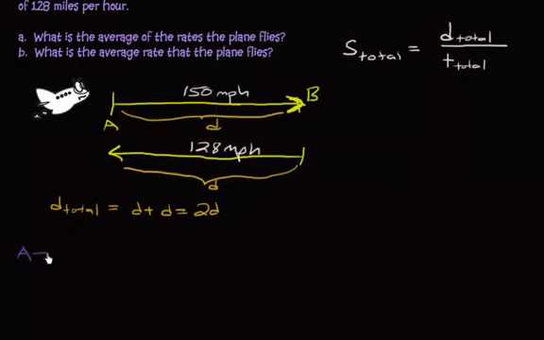Okay, so A to B. Now what we're given is the speed. Speed, again, is distance over time. But I want time, right? Because that's what I'm looking for. I want the time it takes to go from A to B. So we're going to rewrite this for T. You'd bring the T up here, and then you'd bring the S down. It's cross multiplication. So we get T equals D over